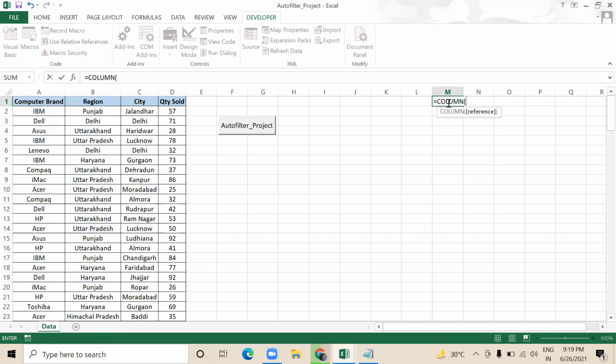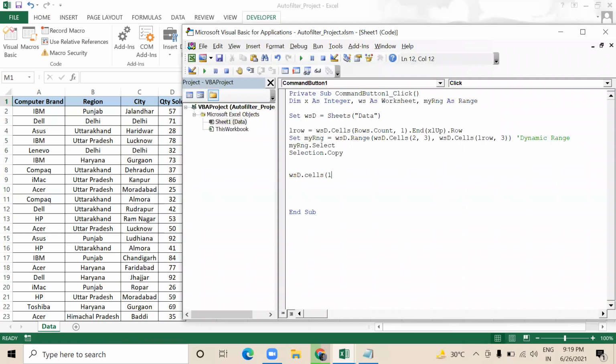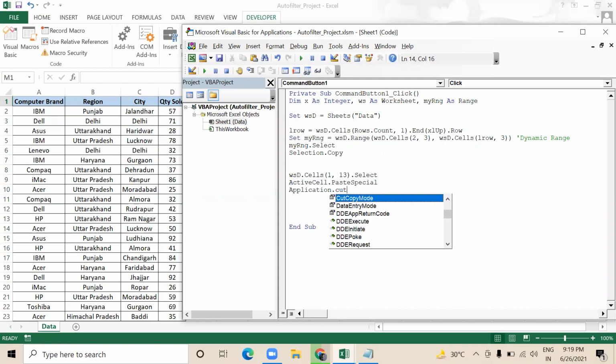I will apply one formula here, which is Column. It says 13. So I want to say Cells(1,13).Select, then ActiveCell.PasteSpecial. Then Application.CutCopyMode equals False.